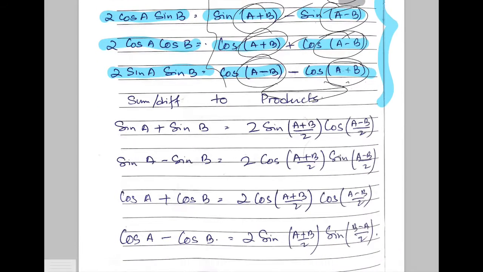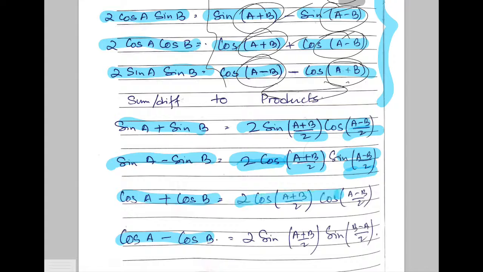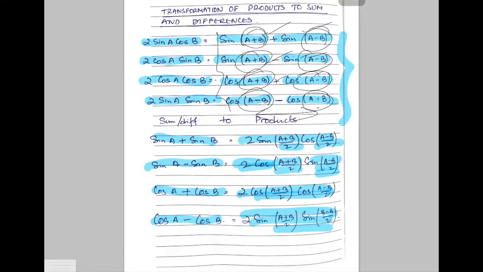And obviously the second one is sine a plus sine b, as you can see here, equals 2 sine a plus b by 2, a minus b by 2. Here also a plus b by 2, a minus b by 2, 2 cos. That's for sine a minus b, cos a plus cos b, and cos a minus cos b. Similarly, these formulas. Now you have to remember this formula. Okay, you have to mark up this formula. Remember this formula to do the sums based on